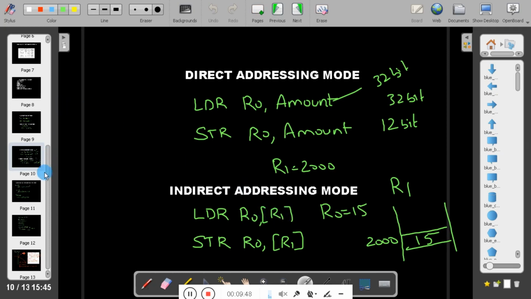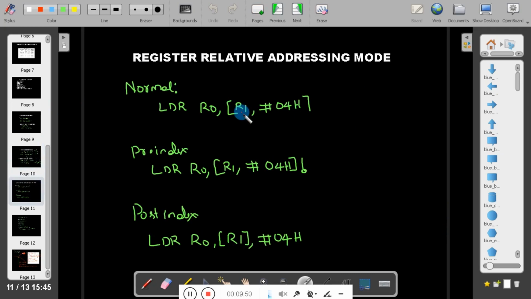But in the next case, the address is not only found by R1, it is found by R1 plus a displacement or offset. That is called relative addressing mode. So R1 is relative to 4. That is called relative addressing mode.